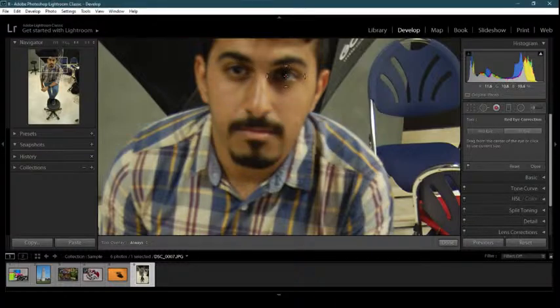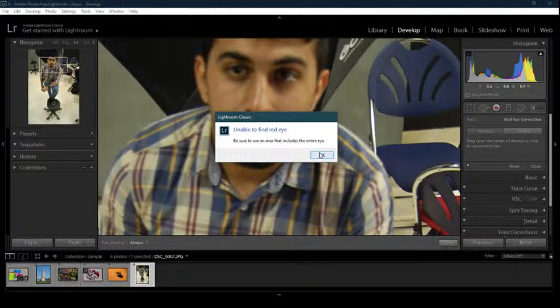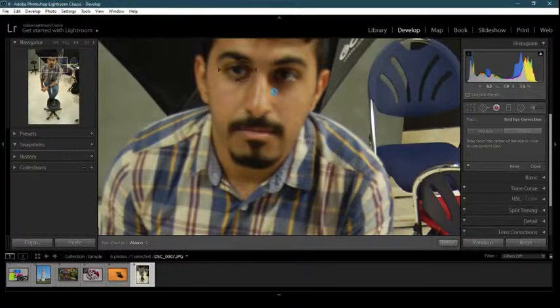I think there is no red eye, that's why it cannot find the red eye. Okay, so because he doesn't have red eye, then you can easily use this one. Okay, now